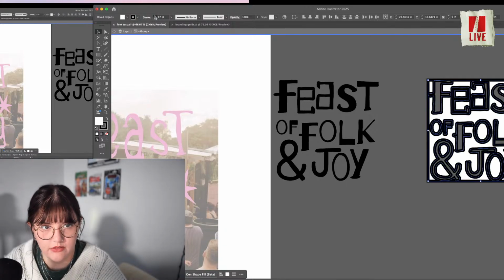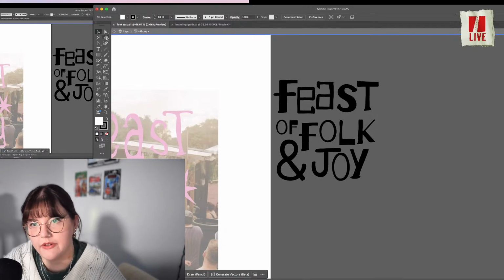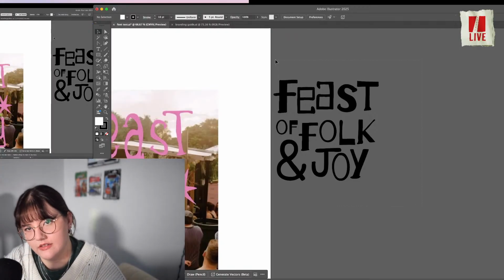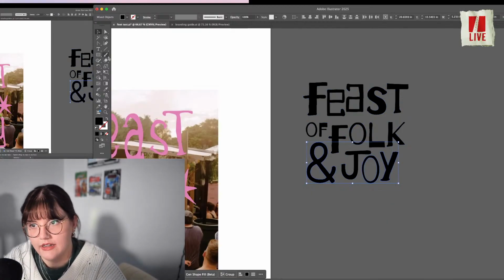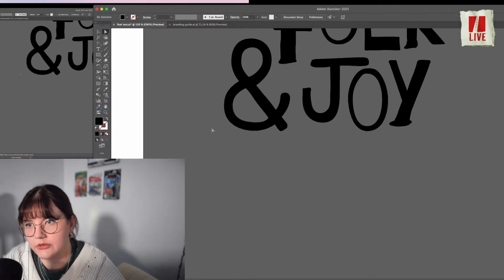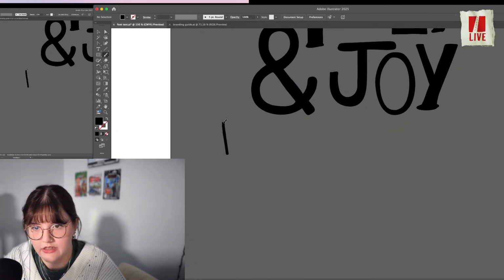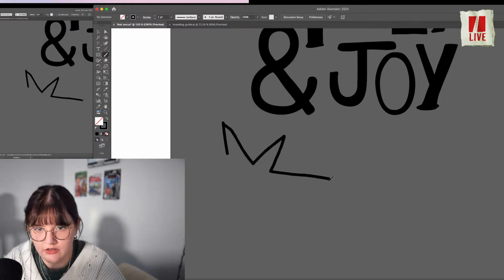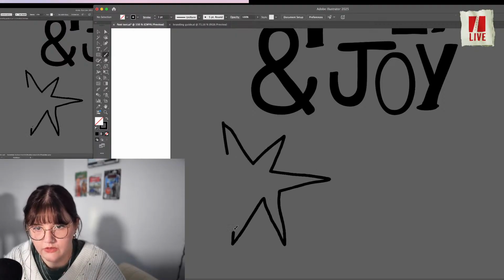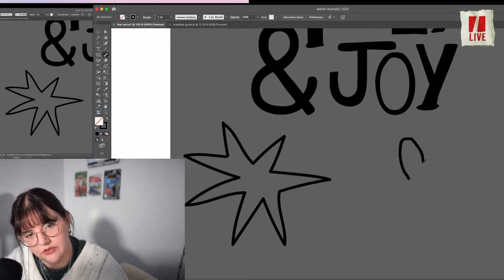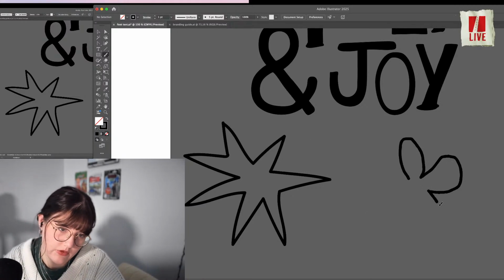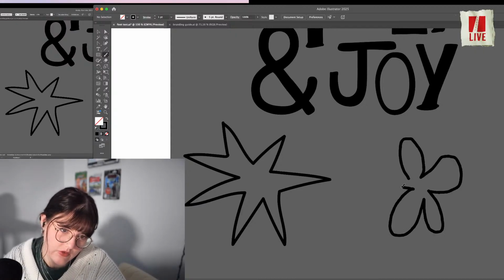Let me add a stroke though. No, that didn't go how I hoped. Okay, never mind. That's okay. Let's do this, and then we're gonna ungroup. And then now, see these like little stars? I like them. I'm going to play with a similar idea. So I'm gonna kind of draw stars, and then I think I'll draw a flower,